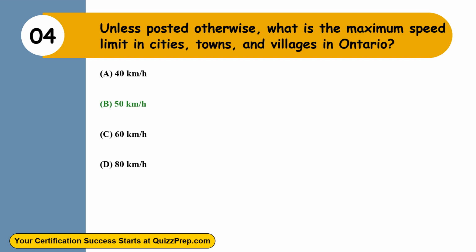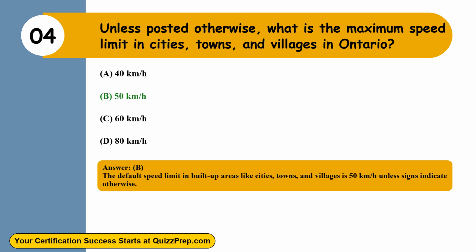The correct answer is option B, 50 km/h. The default speed limit in built-up areas like cities, towns, and villages is 50 km/h unless signs